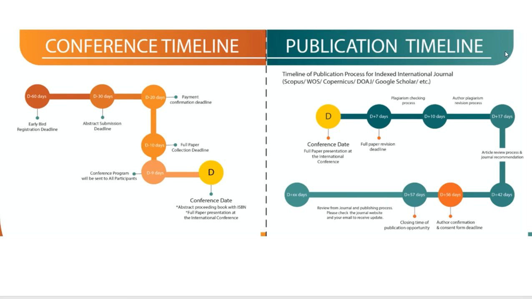This is the publication timeline, that means the general publication timeline of the publication process for indexed journals and indexed international journals, such as Scopus, Web of Science, Copernicus, DOAJ, Google Scholar, etc. Initially, this is the approach for those planning to publish a conference paper through a journal. Rather, if you want to send a paper to a journal directly, in the initial days,